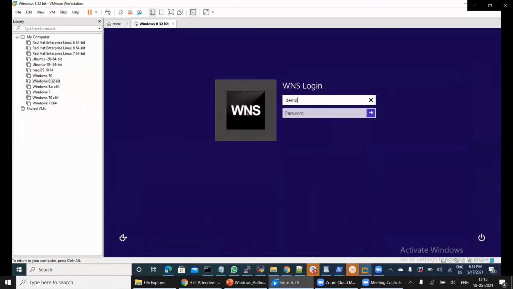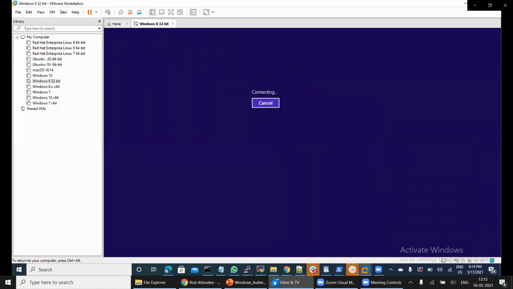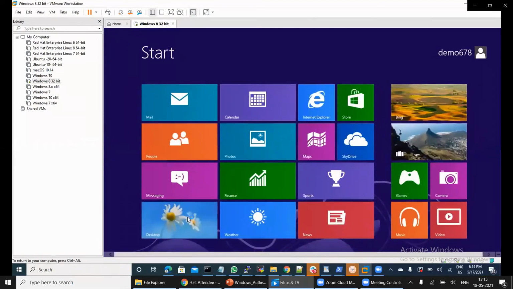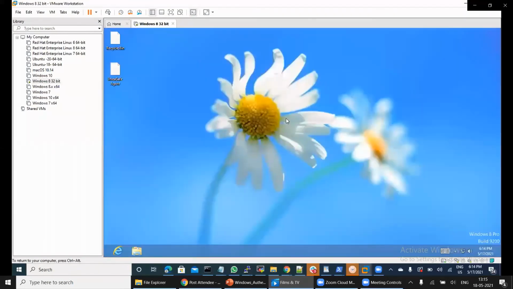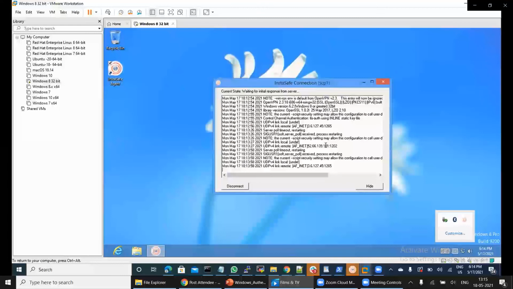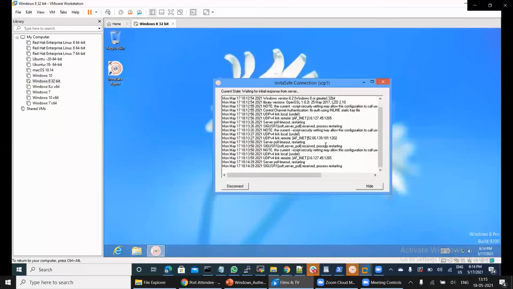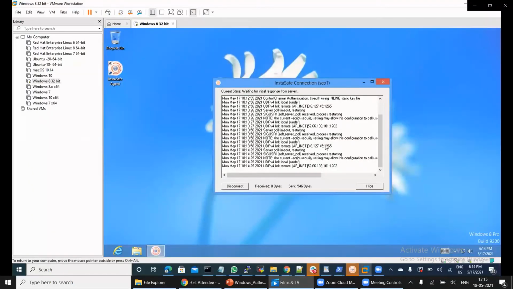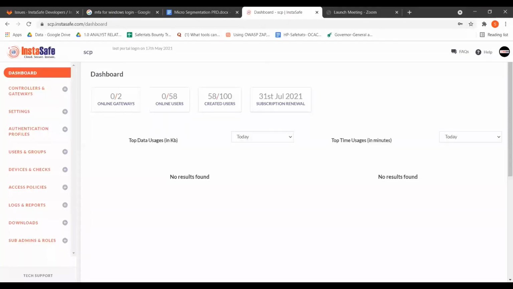And like I've told, the OTP verification successful state is maintained for 7 to 8 hours. Now, once the user tries to log in the second time, since the OTP state is in the success state, he will be able to log in directly, and the OTP will not be asked of him once again. Here we can see that the InstaSafe service is already running.